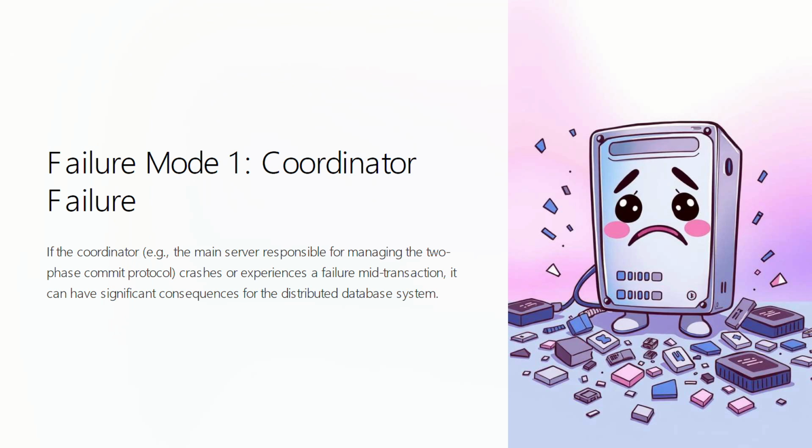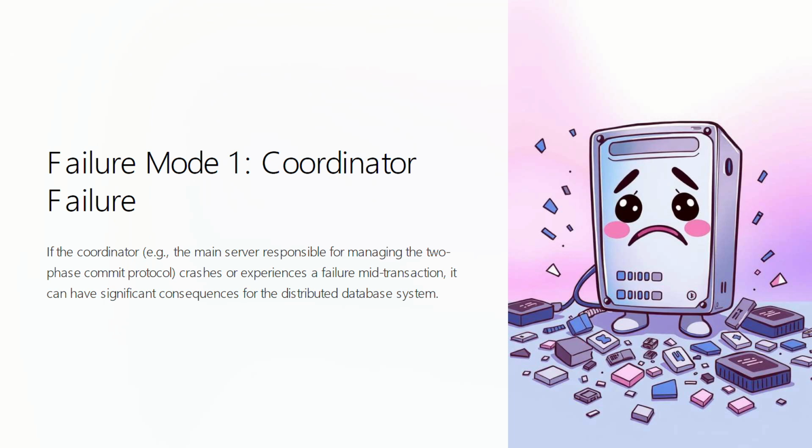Coordinator failure. When we implement the two-phase commit protocol, one of the common issues that can occur is coordinator failure. The coordinator is a central entity in the two-phase commit process. It's responsible for initiating the prepare and commit phases and ultimately deciding if the transaction will be committed or aborted. If the coordinator crashes during this process, participants are left in an uncertain state, often waiting for instruction on whether